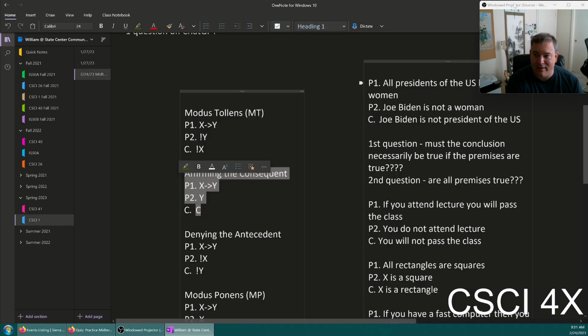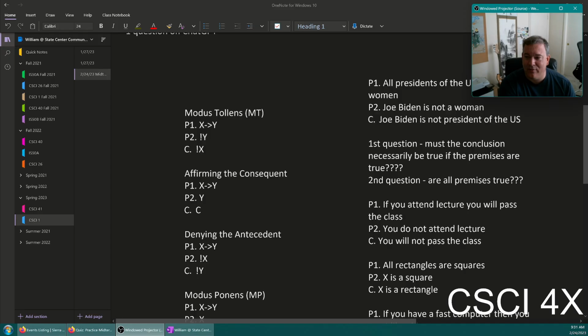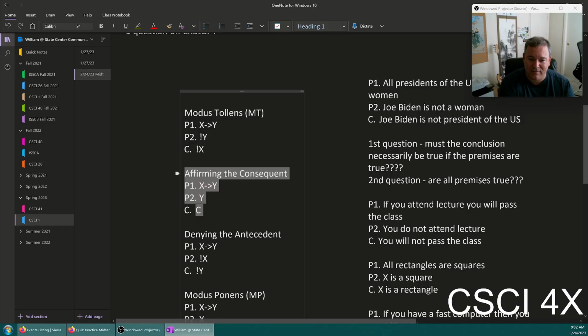So I'll give you a minute on Discord. Don't hit return between each line because I don't want to scroll around and look for premise 1 up here and premise 2 down here and conclusion somewhere off the bottom of the screen. If you hit shift when you hit return on Canvas, you can type multiple lines at the same time. So I want you to type premise 1, something, premise 2, something, conclusion, something. Then hit return. And I will go through and tell you if you got it right or not. So I want you guys to come up with an affirming the consequent fallacy. Okay. So let me pause the stream here, and then I'll give you guys like a minute to write one, then I'll resume.